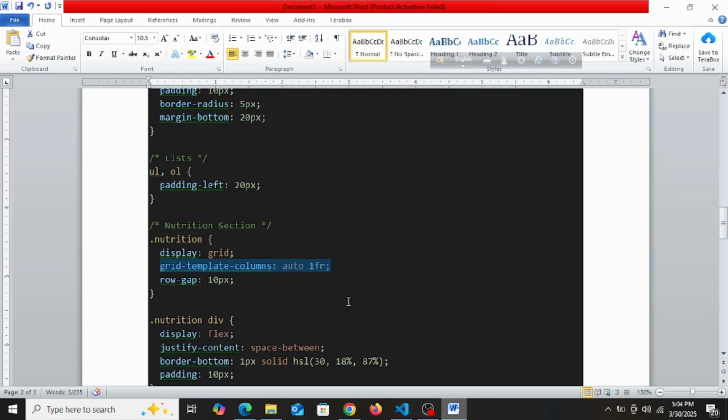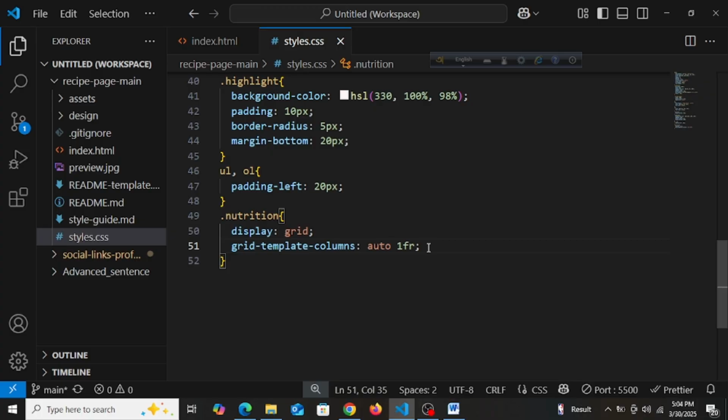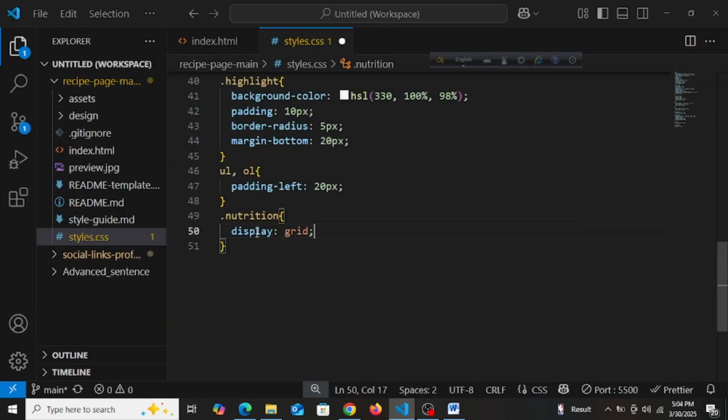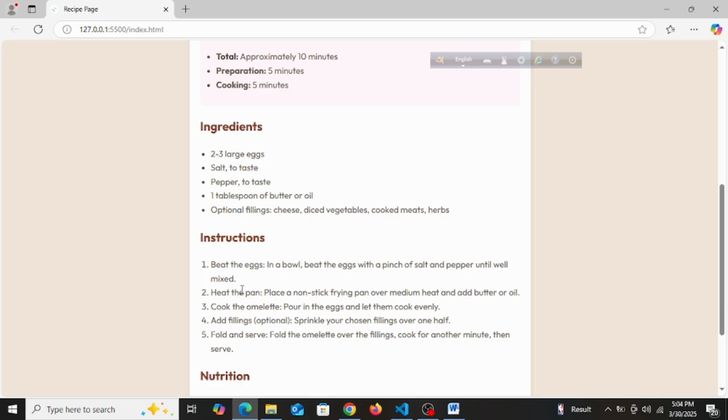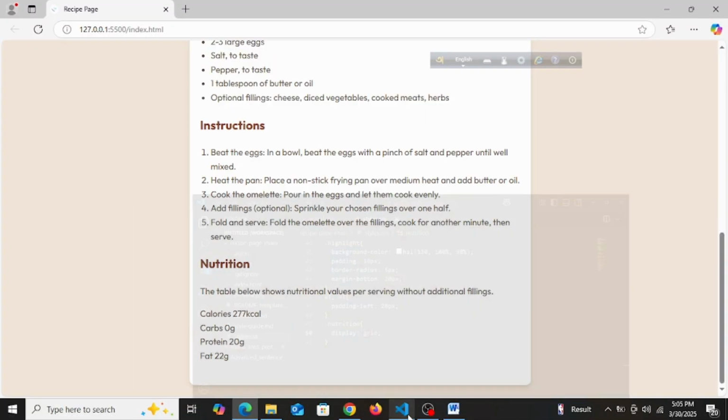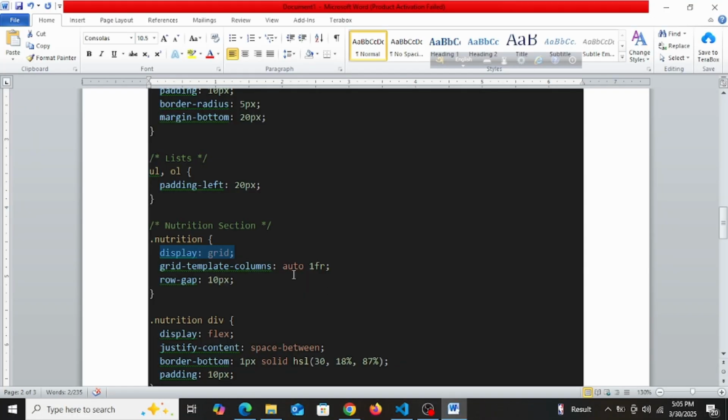Okay, row gap 10 pixel. Sorry guys, let's just see the changes, right? We need to see the changes. Display grid, you see, where nutrition, right? Display grid, nothing changes. Grid template column,